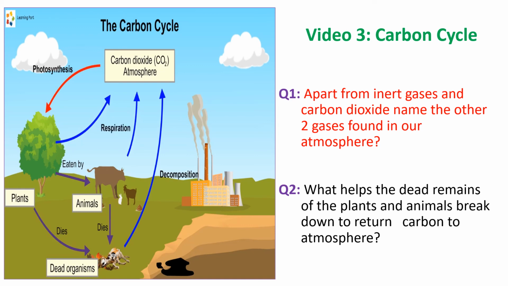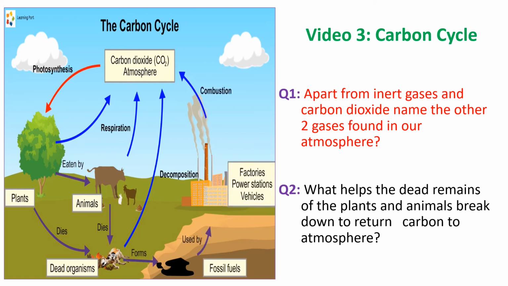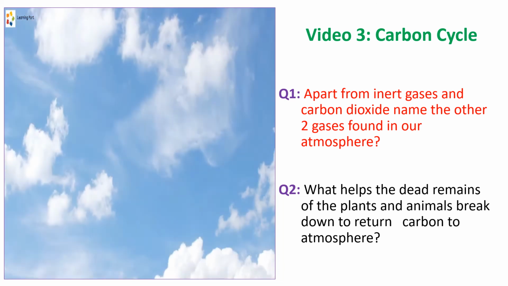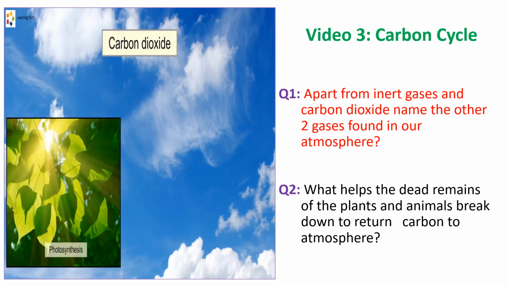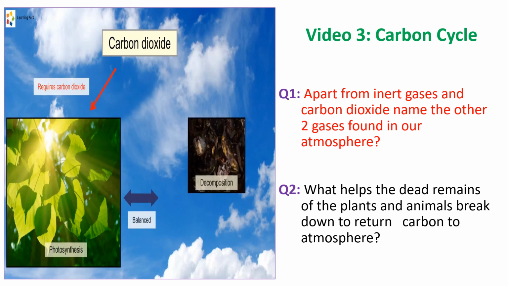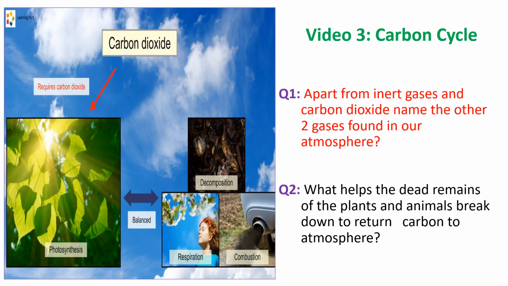in their entire lifetime. Over a long period of time, the bodies of dead organisms become fossil fuels, which are used by factories, power stations, and vehicles. The combustion or burning of fossil fuels also releases carbon dioxide into the air. In summary, the amount of carbon dioxide in the atmosphere is maintained when photosynthesis, which is a process that requires carbon dioxide, is balanced by decomposition, respiration, and combustion, which are